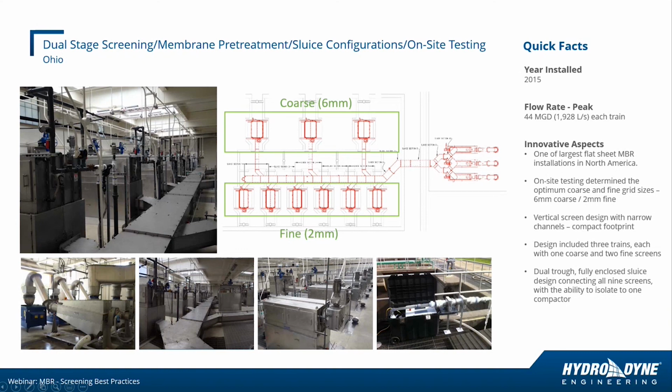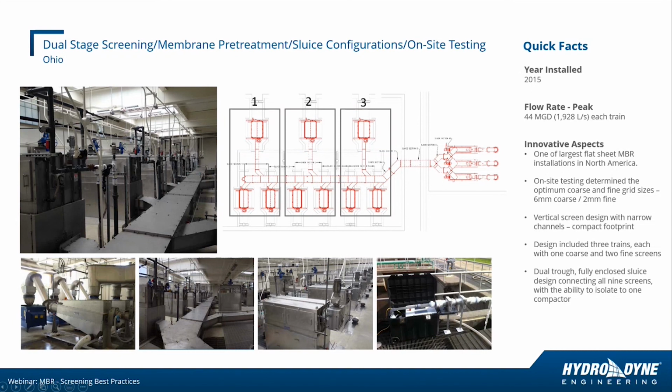And this design utilized a vertical screen design with narrow channels, so it was an extremely compact footprint. It included 3 trains, shown here, each with 1 coarse and 2 fine screens. And the screening equipment was optimized hydraulically. So looking at the hydraulics, that required more screening area for the fine screens. In this case, we used a trough, in this case a dual trough, to connect all the screens and